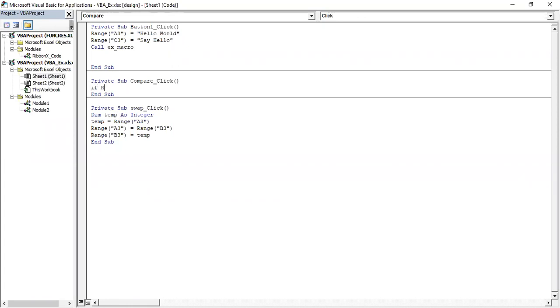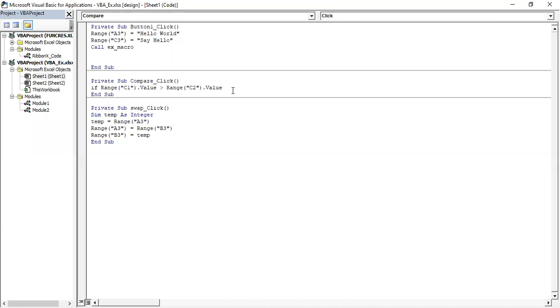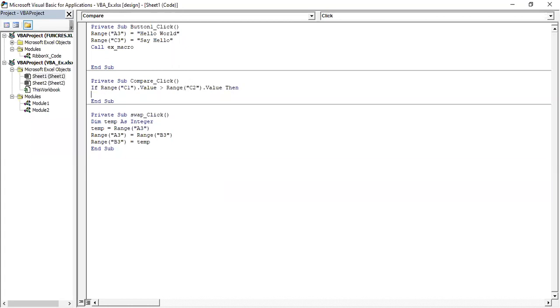If Range of C1 dot Value is greater than Range of C2 dot Value, then we want to say in a MsgBox, message box, let us say C1 is greater.